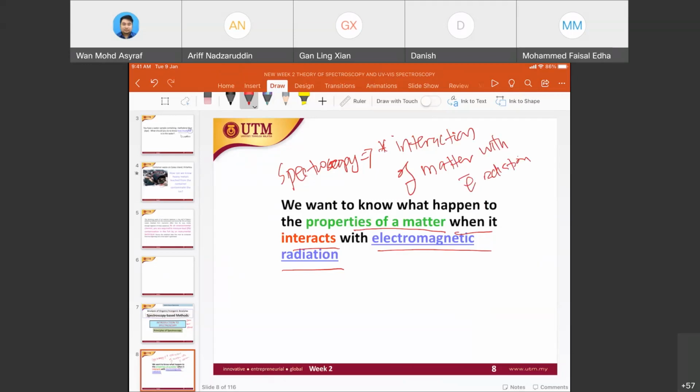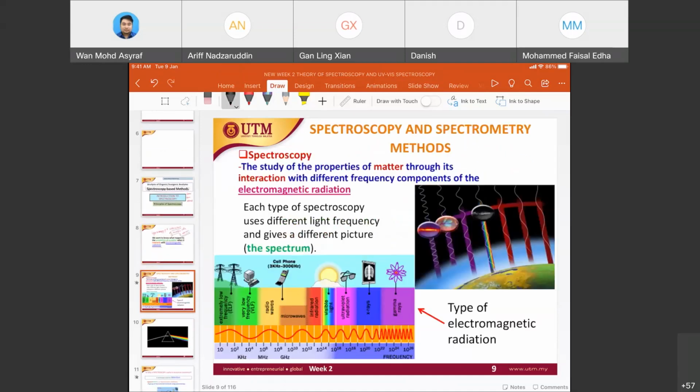Okay, so now you dapat gambaran bahawa spektroskopi tu adalah apa interaksi di antara matter ataupun kita panggil macam compound of interest kita, the electromagnetic radiation yang diberikan. Okay, there are two important keywords here, which is interaction of matter dengan electromagnetic radiation. Okay, please remember this, okay? Because this is important. Okay, so spectroscopy, as I said, the study of properties of matter through its interaction with different frequency components of the electromagnetic